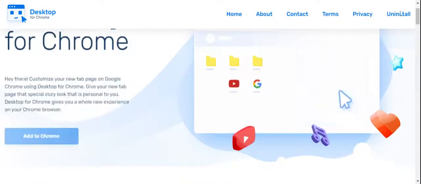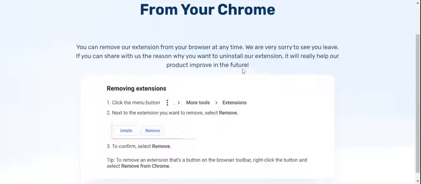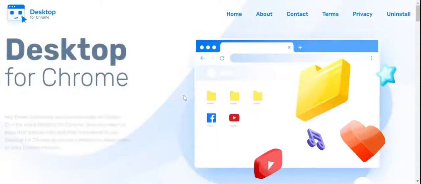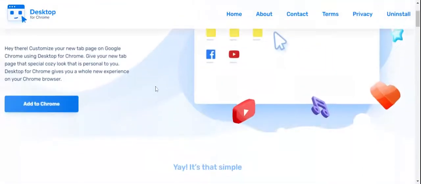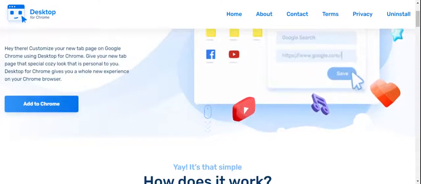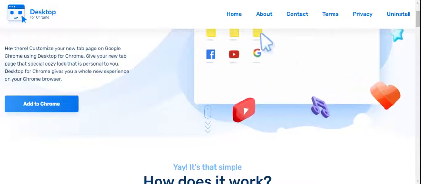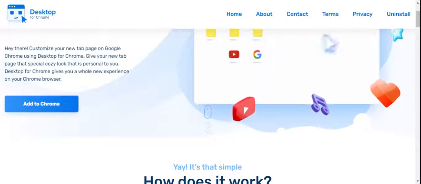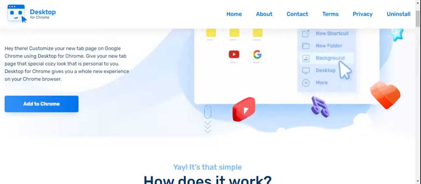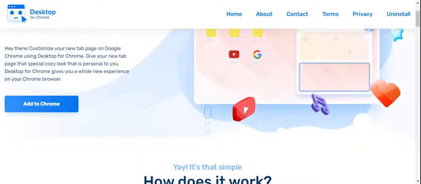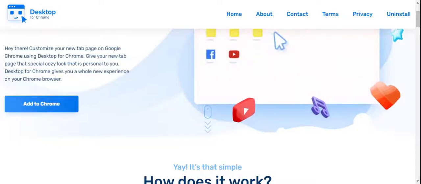So, the uninstall button, I don't want to uninstall right now. I would be using this extension. Sure. So let's go to the home page, and now we'll try to add it to Chrome. Now the extension is being added to Chrome. So it will give us a message. Yes, this is also available in Chrome Web Store. So I'll add it to Chrome.